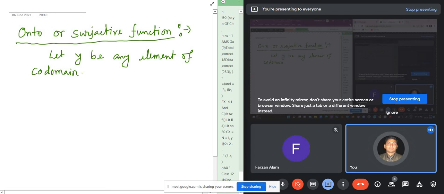That means you are considering an arbitrary element of the codomain. So we know that f(x) equals y. So x equals, you will get in terms of y, suppose g(y). If g(y) belongs to the domain, then we can say that